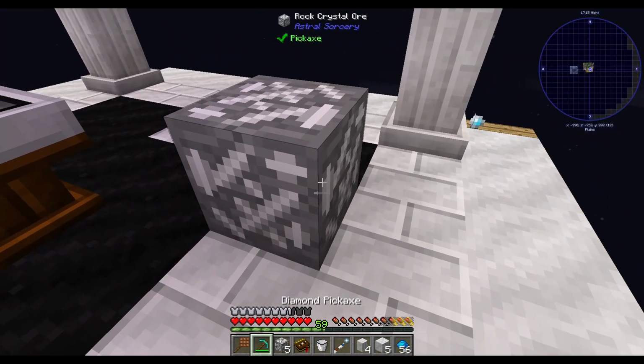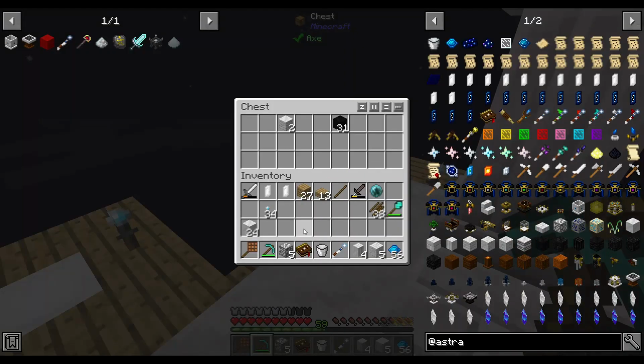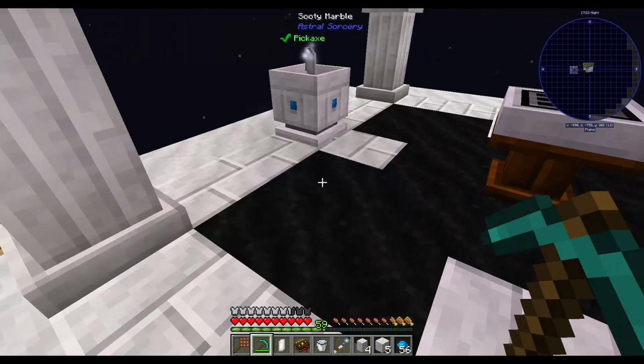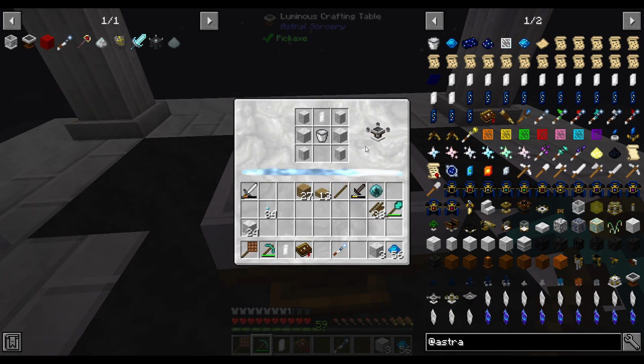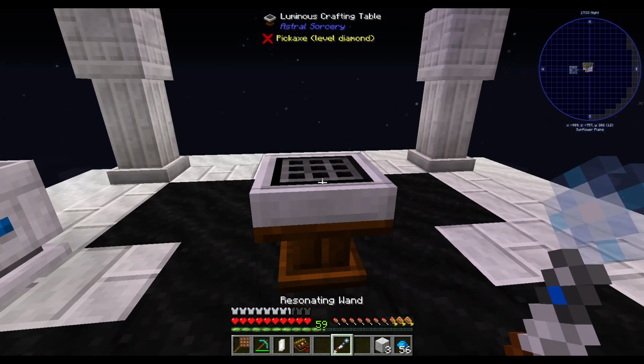And drop these down. It has to be a diamond pick that you mine these with. A diamond or more efficient. I don't know what kind of other picks they have in this pack, but at least a diamond pick. So now that we have that, we can go on ahead, and this will be crafted when you hit your